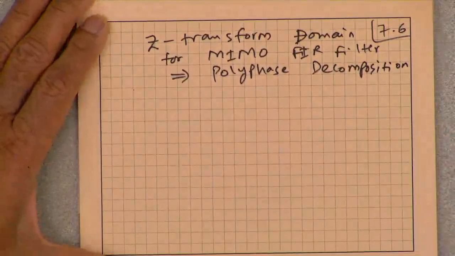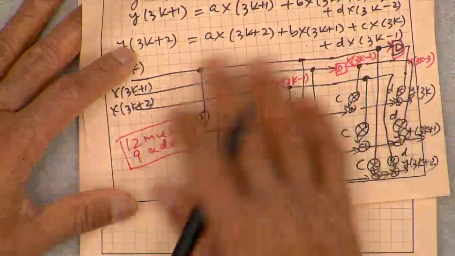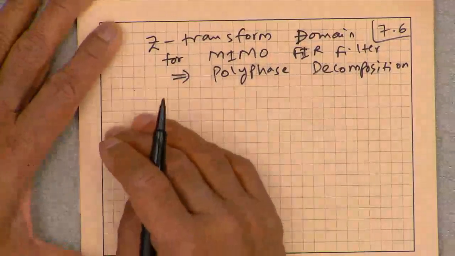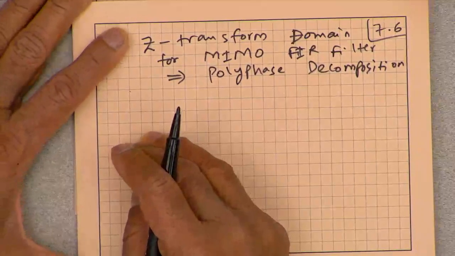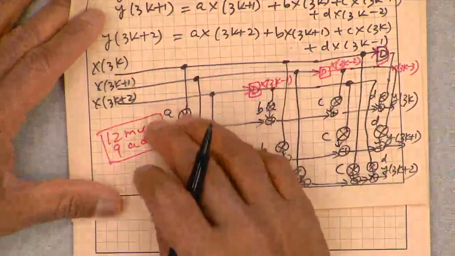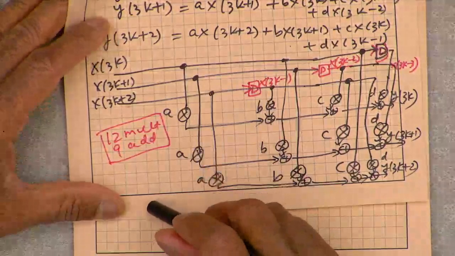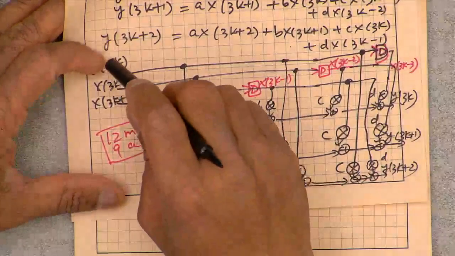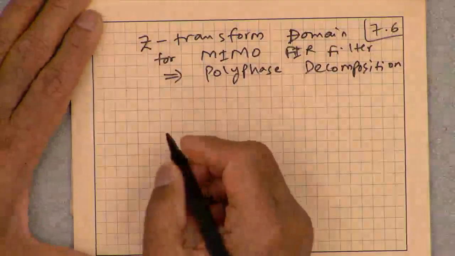So how do we obtain a structure like this using Z transform? There is a principle called polyphase decomposition. If I want a 3 parallel filter, decompose the Z transform X(z) into 3 different phases, polyphase. If I want 100 parallel, do a 100 phase polyphase decomposition. Each one of these is really a phase of the input. So what does that mean?